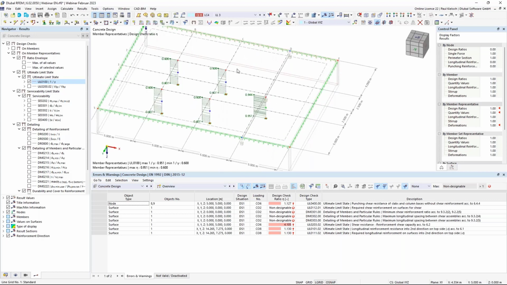If you would have the individual results for the individual columns, then you can use, as I said before, the representative for input, and you have to design then the individual members, not the member representatives. Okay, then